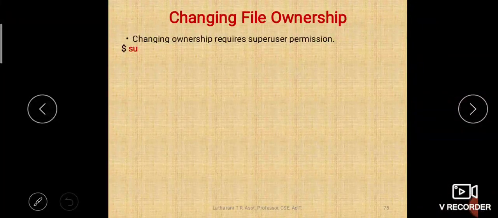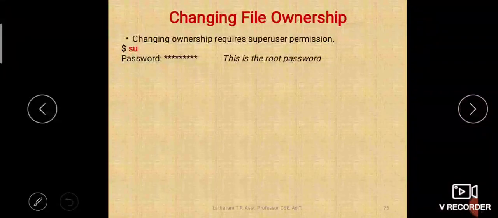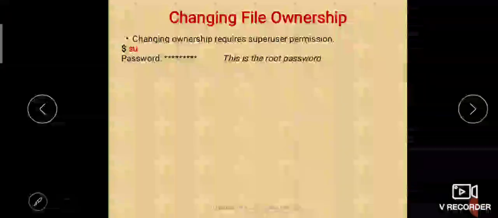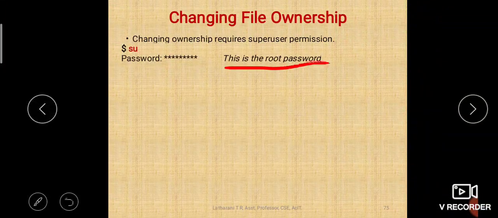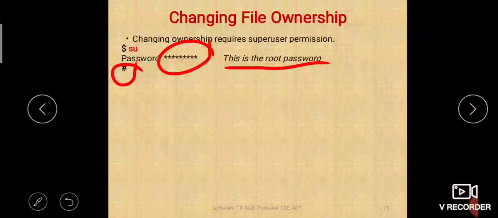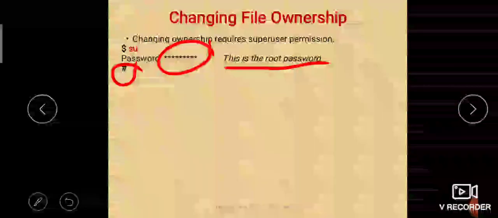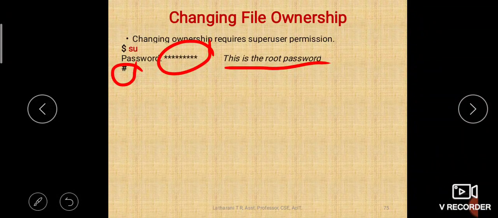See, you execute the su command, then it will ask for the password. So what password should you give? You should give the root password. You should know the root password to enter into the super user mode. Okay, so after you enter the correct password here, it will give you the hash prompt. See, the prompt changes from the $ prompt to the hash prompt. It changes because you are in the super user mode now.